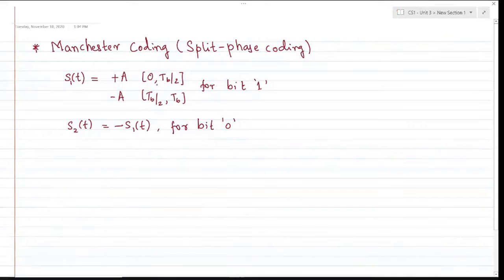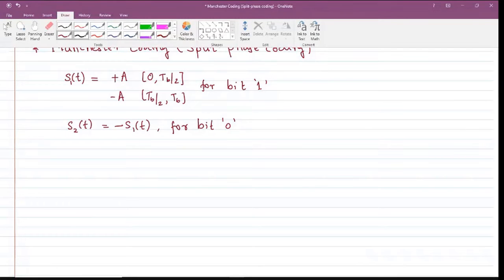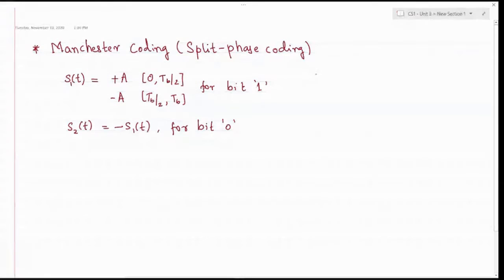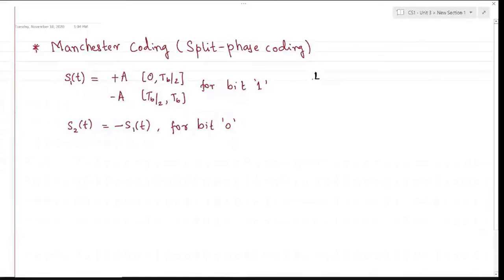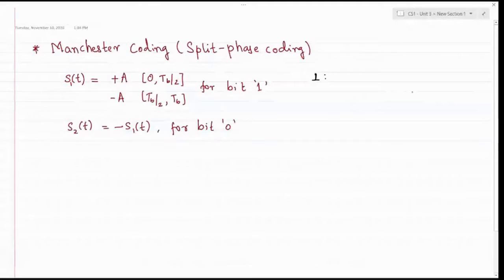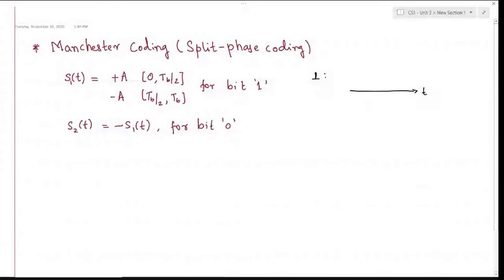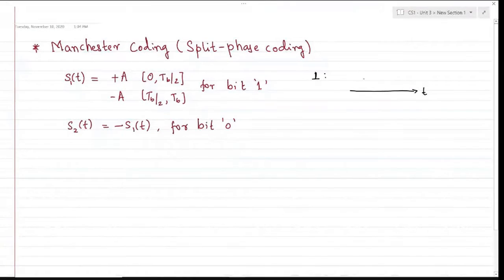For half the duration, it is at 0 degrees. For the other half of the period, it is shifted by another phase, a 90-degree phase shift. Hence there is a split of phases for the same bit representation. So I can represent bit 1 as follows. If this is a time scale, I can represent this as